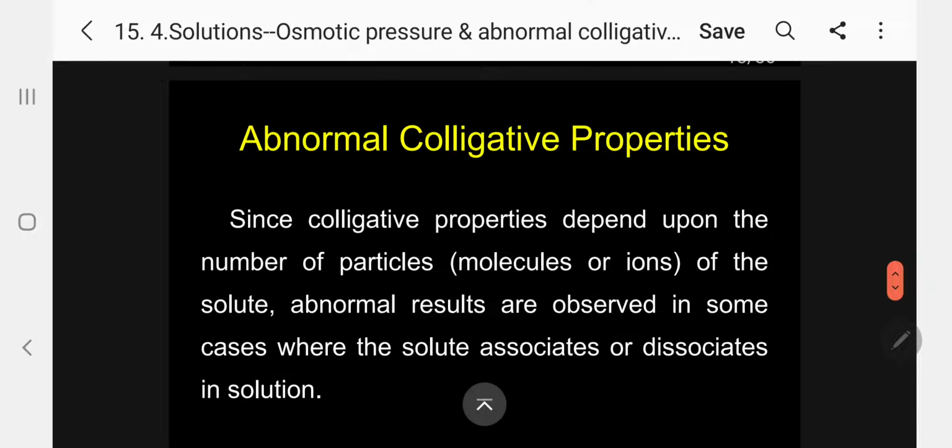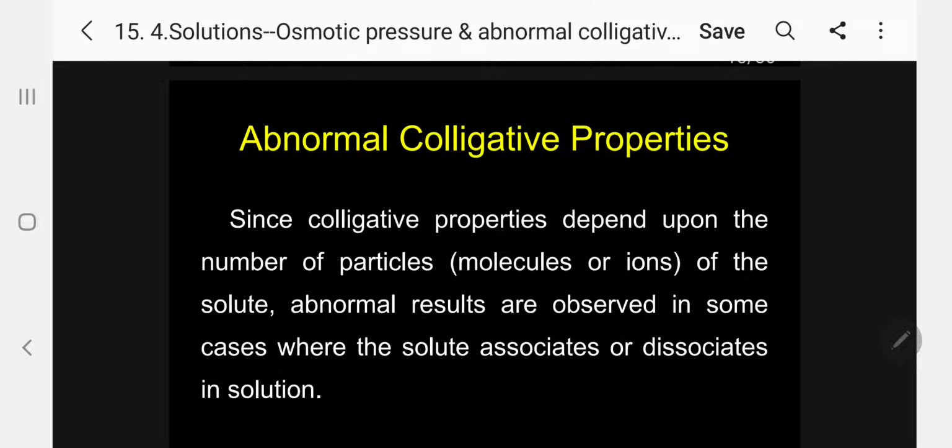So with this, all the 4 colligative properties we have discussed. Relative lowering of vapour pressure we have discussed, and from that, determination of molecular weight we have seen. Then elevation of boiling point we have seen. The depression of freezing point we have seen. And now osmotic pressure we have seen. From all these 4 colligative properties, the molecular weight of a given unknown non-volatile solute can be calculated.